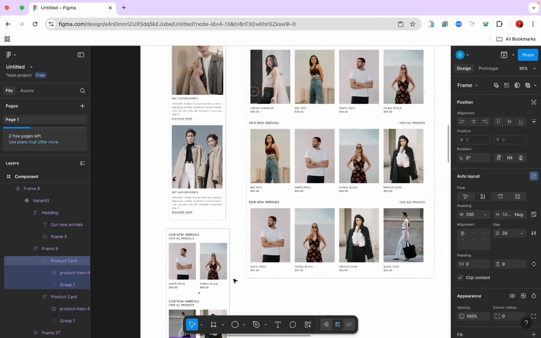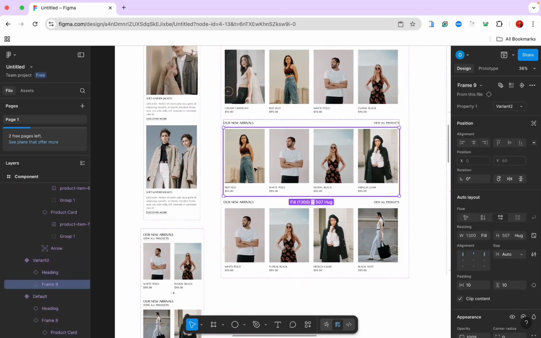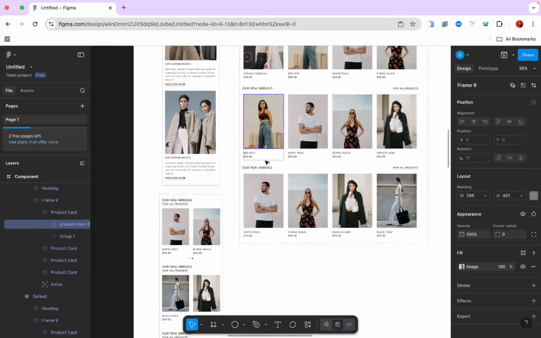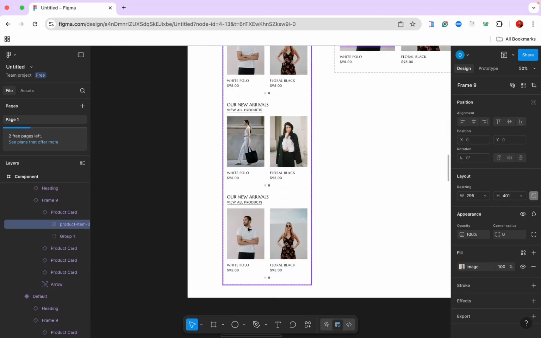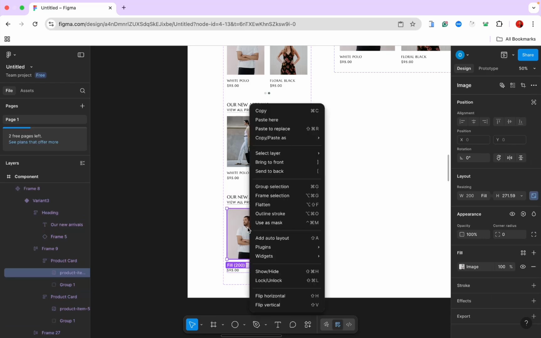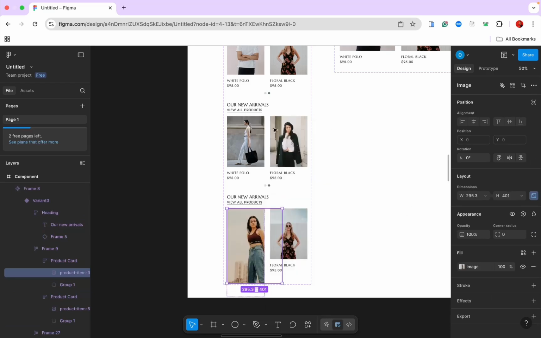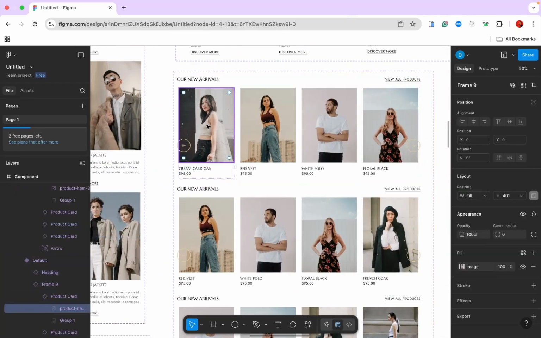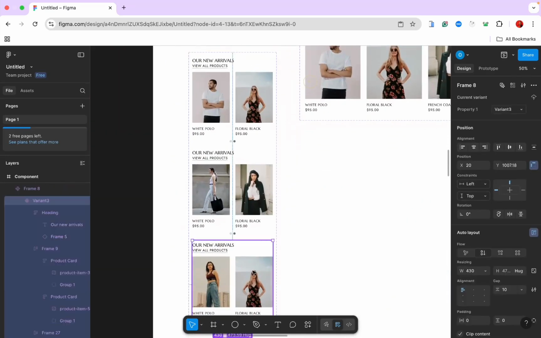I want to grab a picture we've not used before. Here, copy, paste to replace, shape container, copy here, paste to replace,